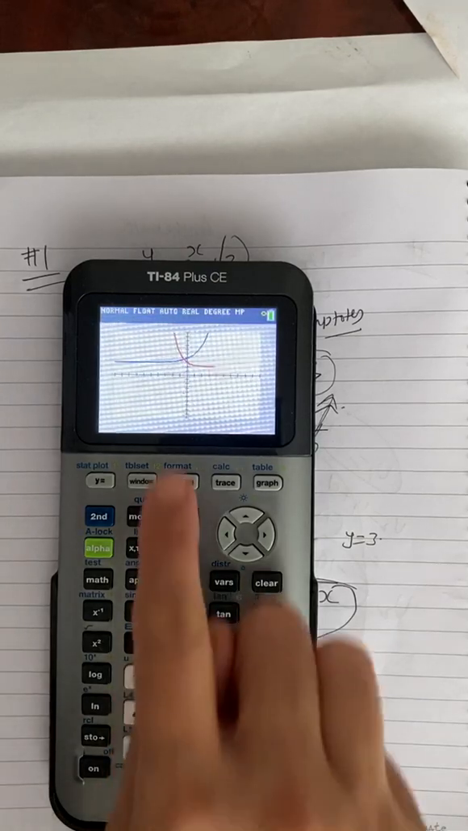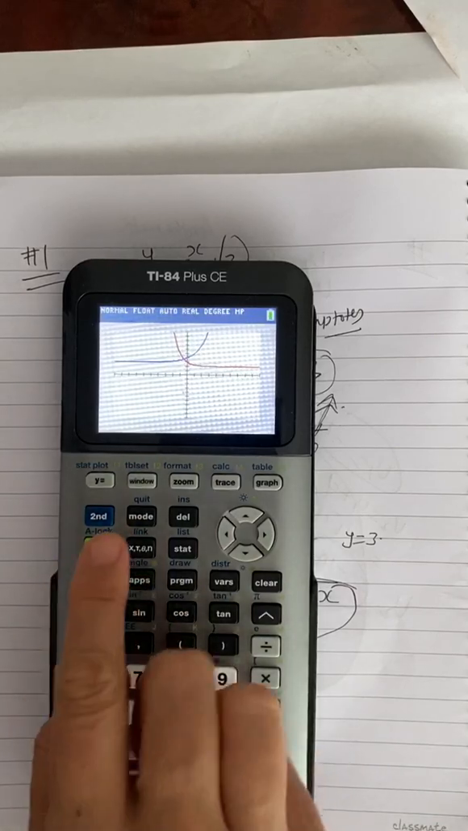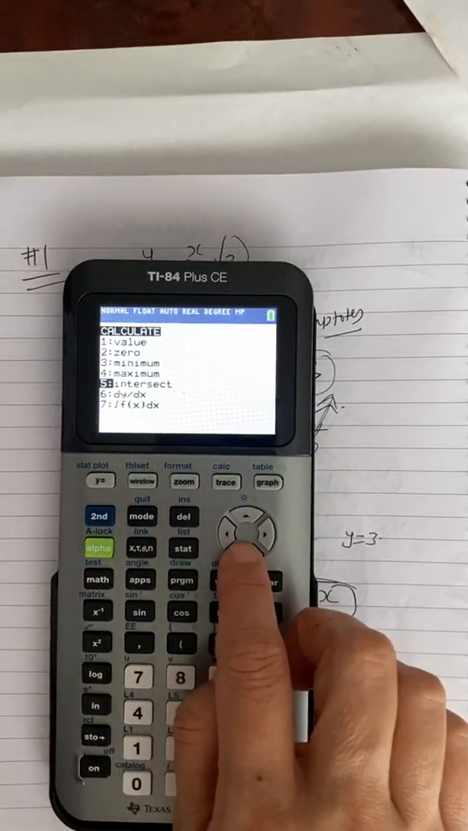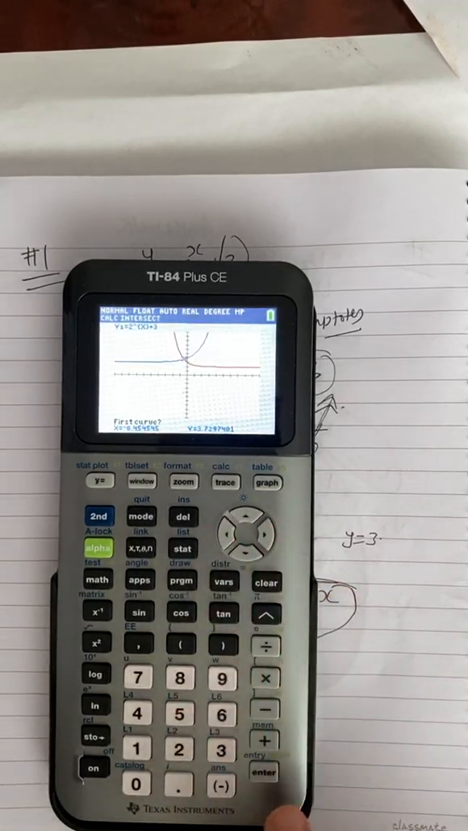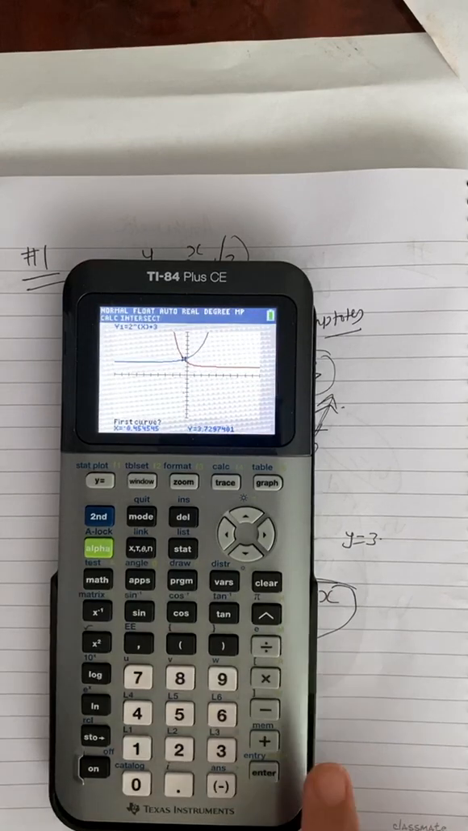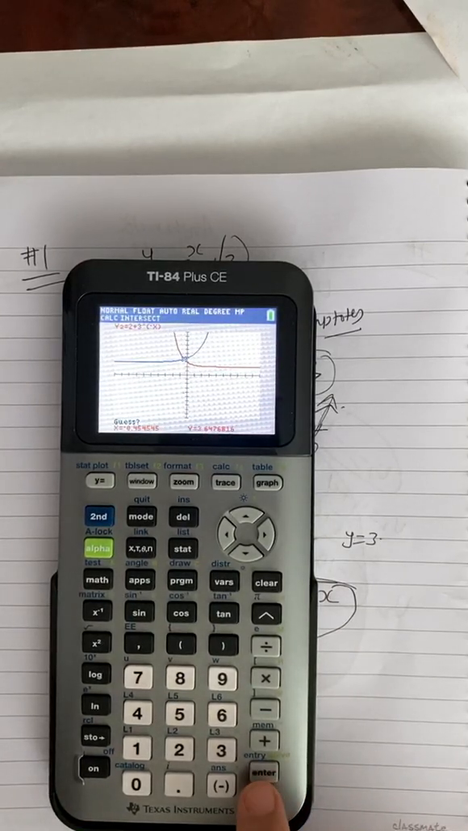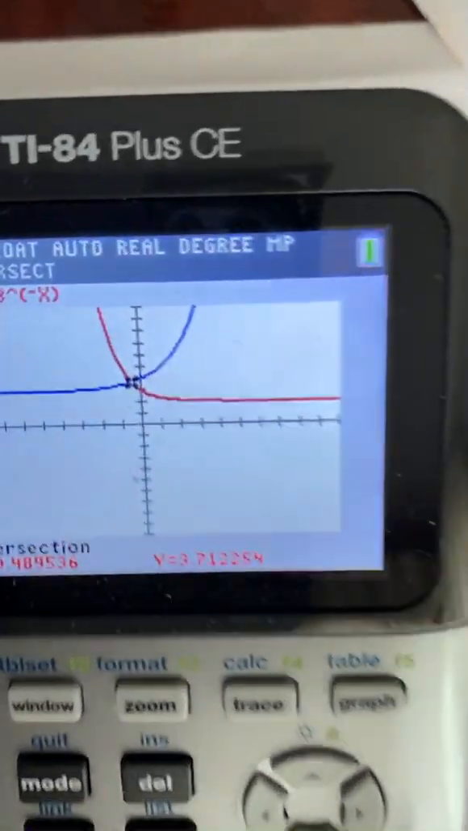And from the graph, you need to find the point of intersection here. To do that, you go to second trace, and then you click on intersect, and then just move your cursor towards the intersection point. Since there are two graphs, you need to press enter 3 times. First time it's guessing on the first curve, then the second curve, and then you will get the intersection. So you can see the intersection in this case is